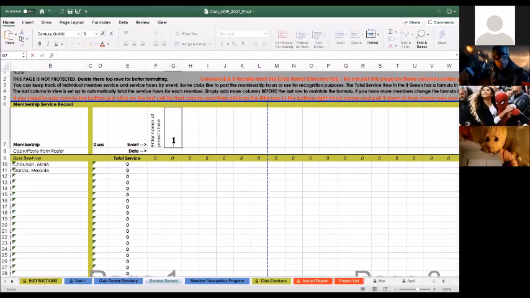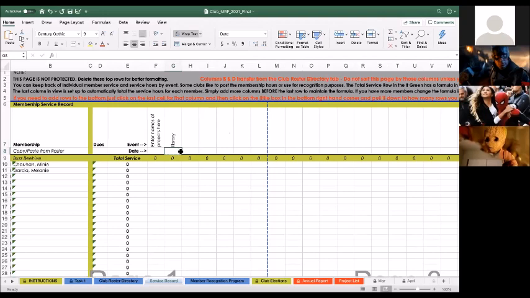You will enter the name of the project or event here. So if someone volunteered at the library, you'd put library. For the date, you can either put the date, or if it was a special event, like in the fall when the Springs Preserve had their Halloween festival on different dates, you can put each date as a separate event, or if all the dates happen within a certain month, you can just put that one month.